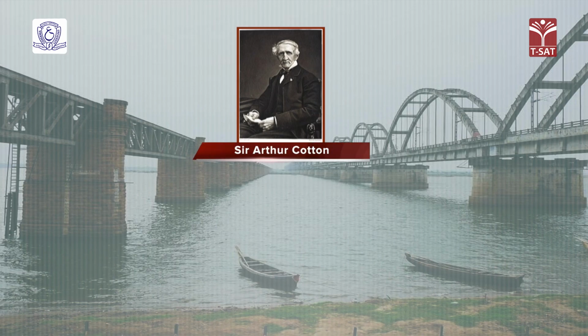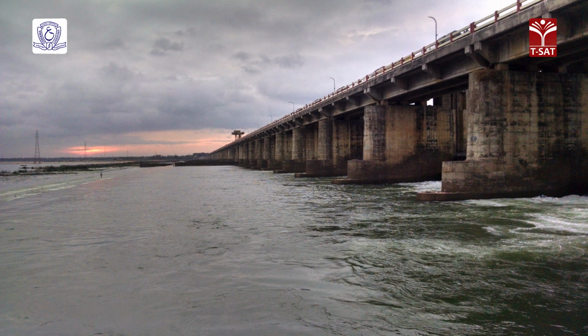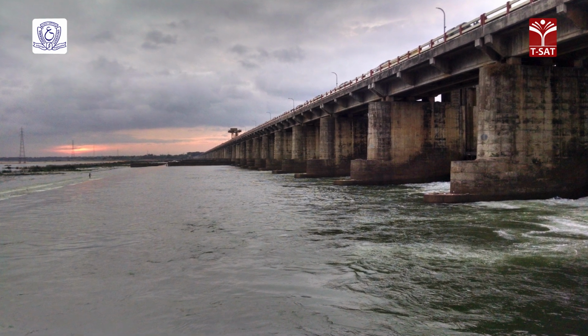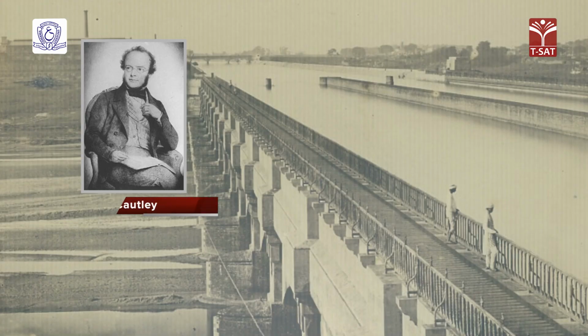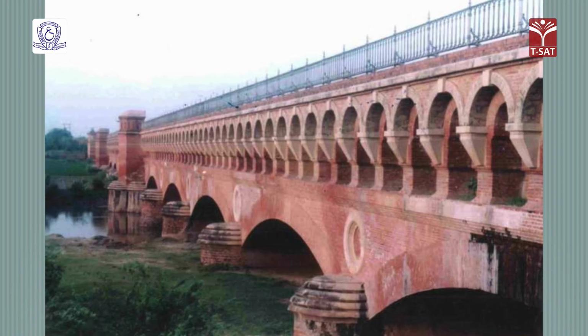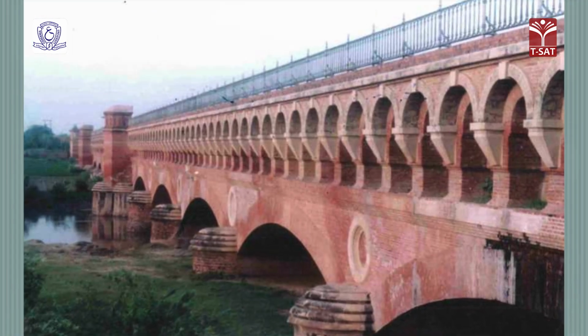In 1845, the Godavari Dam construction railway was built by Cotton in Rajahmundry to supply stones for the construction of a dam over the Godavari River. In 1851, the Solani Aqueduct Railway was built in Roorkee to transport construction material for an aqueduct over